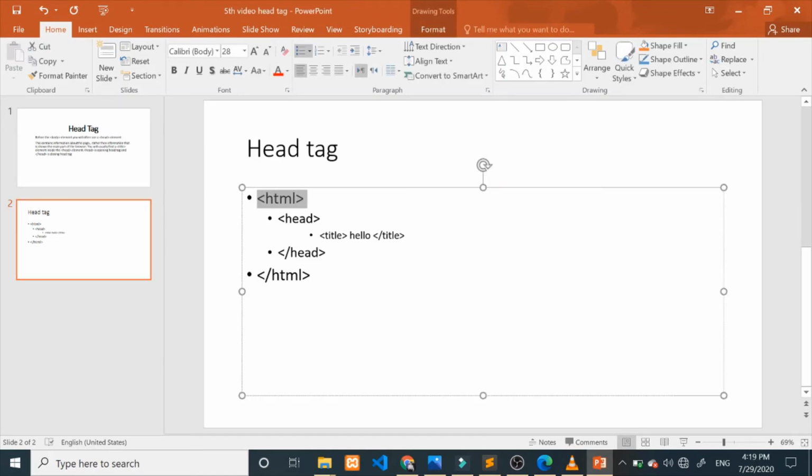First we write an HTML tag and then we write a head tag. In the head tag we will write a title tag, and in the last we close our head tag and we close our HTML tag. So this is the very basic